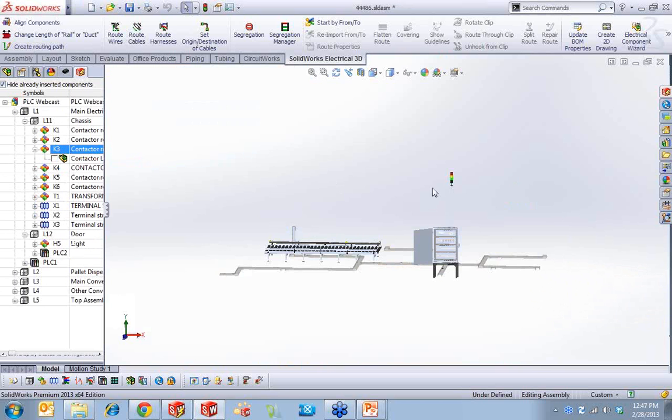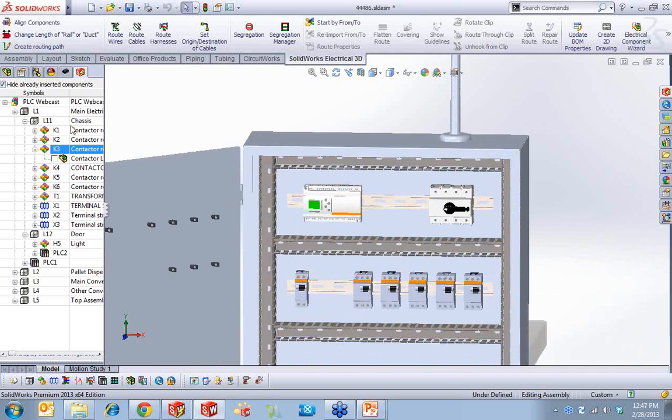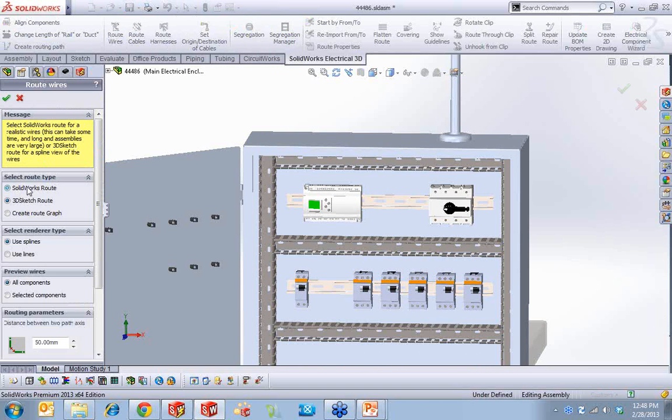All right, so my directory is, I changed my directory earlier, that's why I'm getting that message. However, let's go ahead and finish up the wiring of what I have here so far. I'm going to just say route wires. You can do it in a